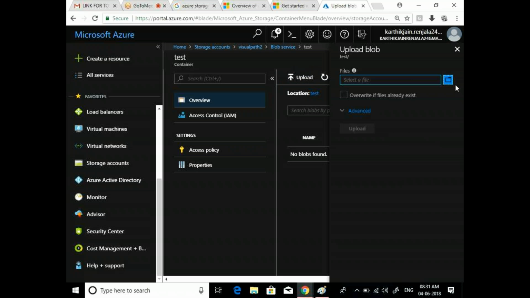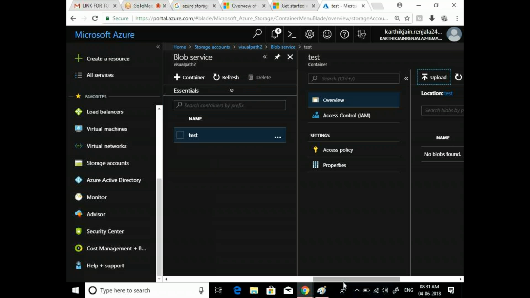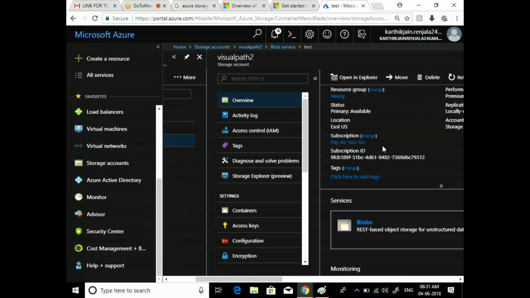So if you want to upload more data, you need to use the tool called Storage Explorer or PowerShell. PowerShell, we are going to see it soon. Okay, so this is a premium storage, and this is the basic difference between standard and premium as of now. The monitoring part and all the other options are, as you are seeing, similar.